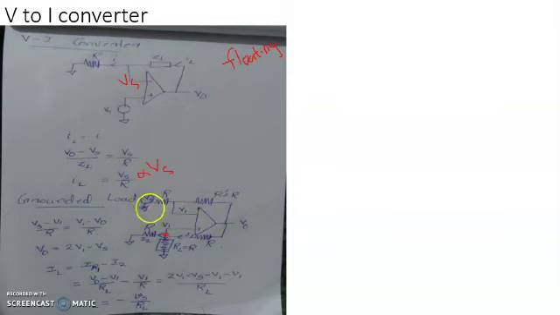Then current through this one is Vs minus V1 by R. Vs minus V1 by R equal to current through this one, V1 minus VO by R. For R vanishes, VO equal to